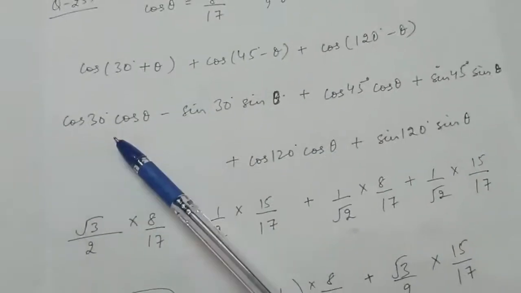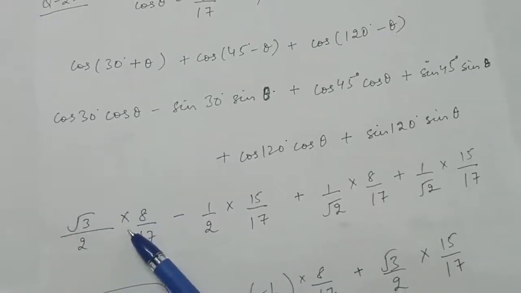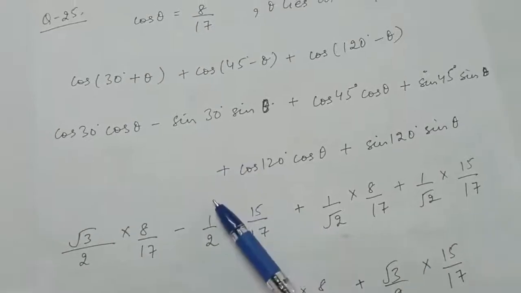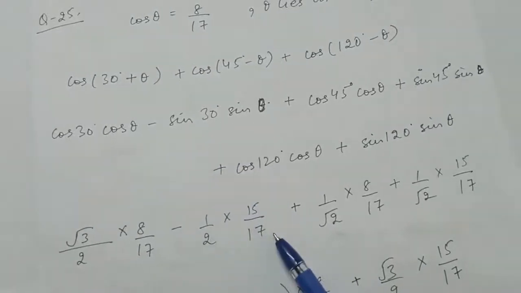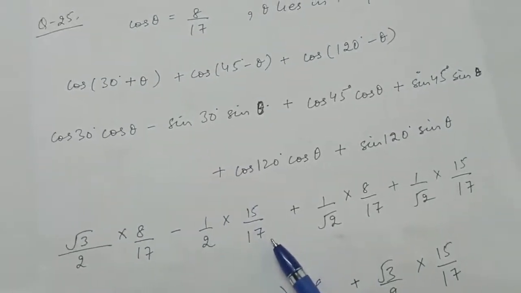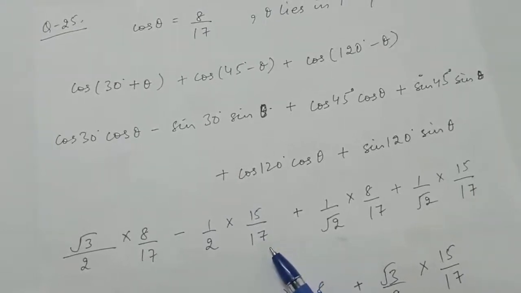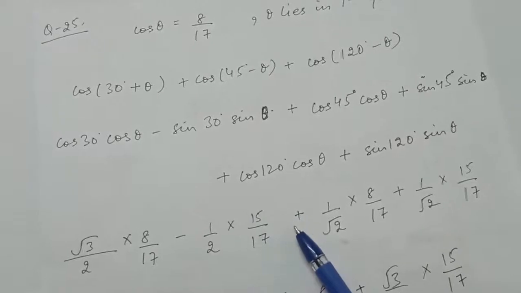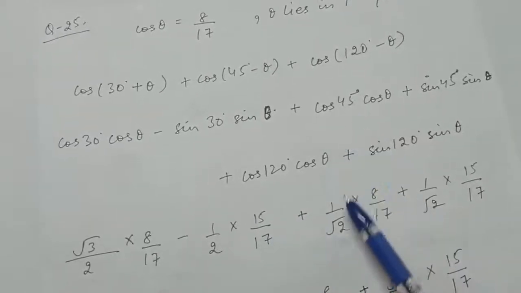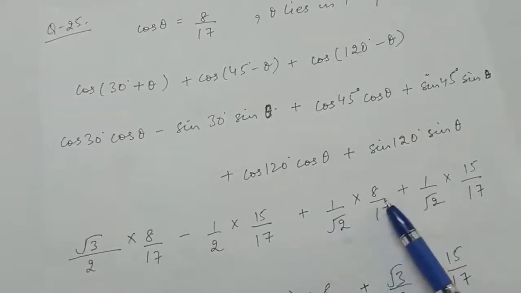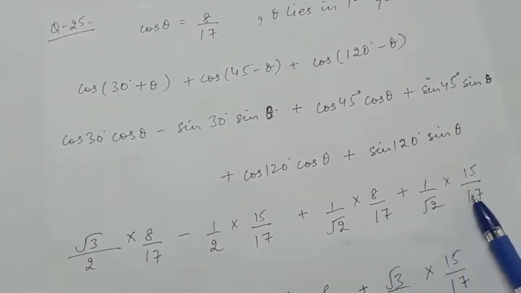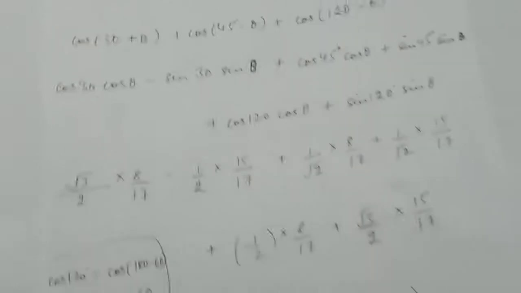Cos 30 now is root 3 by 2 into cos theta, which is 8 by 17 given, minus sin 30, which is 1 by 2, into sin theta. You can calculate it by the formula sin theta is equal to the root of 1 minus cos square theta. So you will get it as 15 by 17, plus cos 45 is 1 by root 2 into cos theta is given, plus sin 45 is also 1 by root 2 into sin theta will be 15 by 17, plus